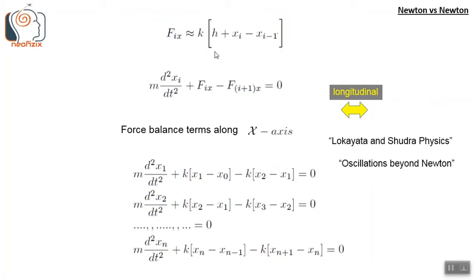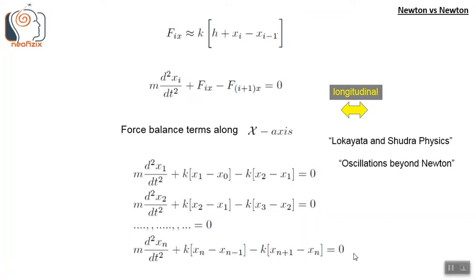Using this force approximation along the x-axis, we get the x acceleration of the ith mass as this. Here there are force components of the ith spring and the (i+1)th spring. When we expand these terms, we get these simplified equations below. So for a generic mass n, the equation is m d²xn/dt² + k(xn − xn−1) − k(xn+1 − xn)